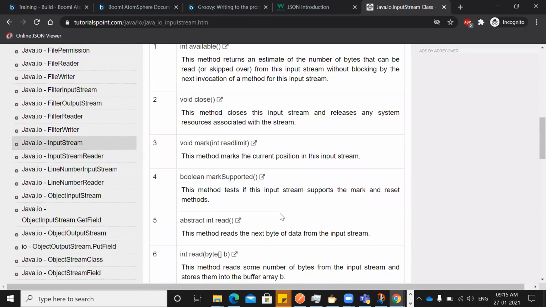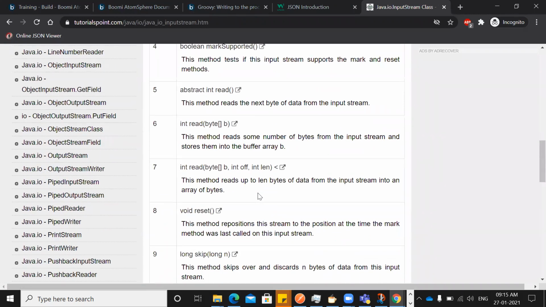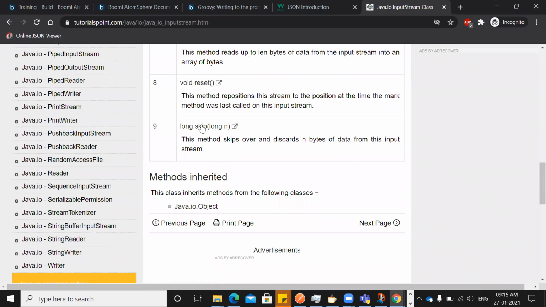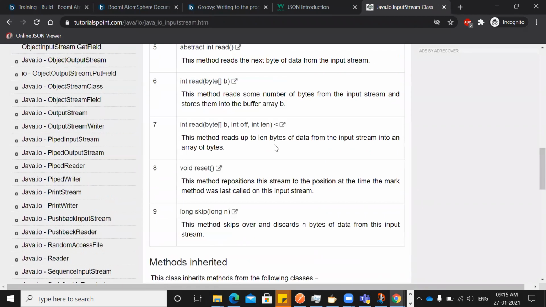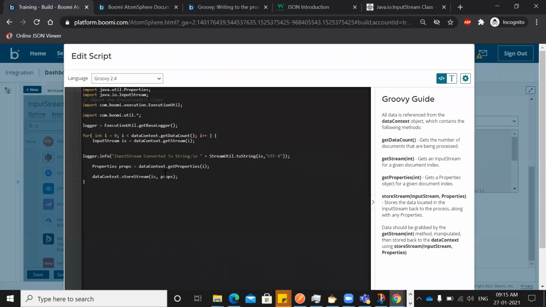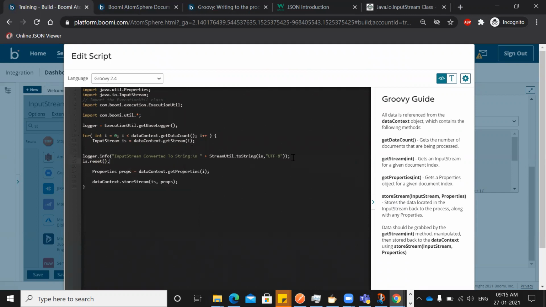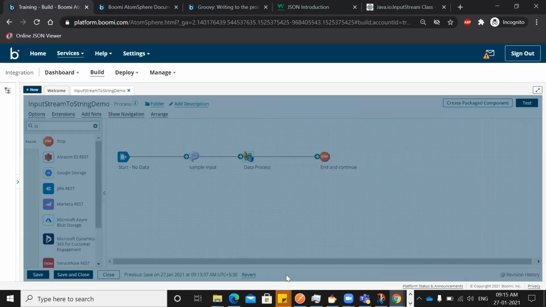There should be some methods, like close, mark, reset, skip. I think reset is the one you can use, so that you can see the data here. By the time you convert it back, the input stream is already read, so that's why it's not able to set it back. So what we can do is reset, so that whatever was read gets restored, and you can see the data back over here once you run it.